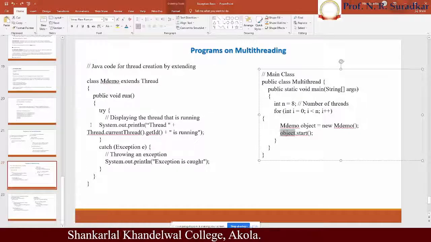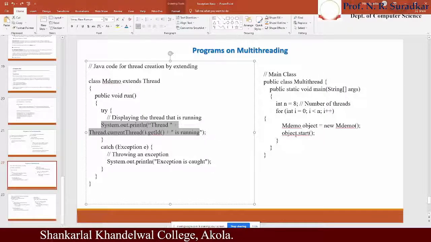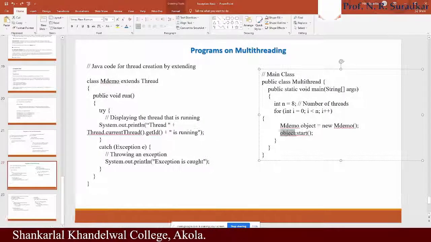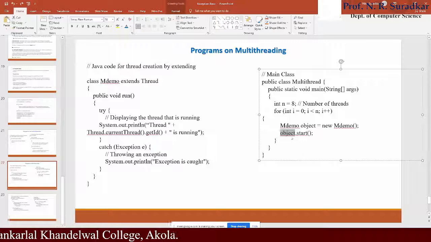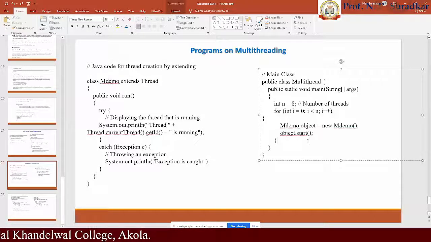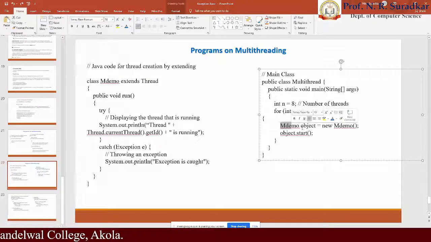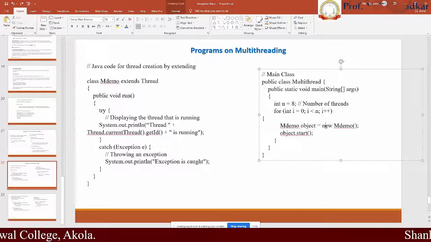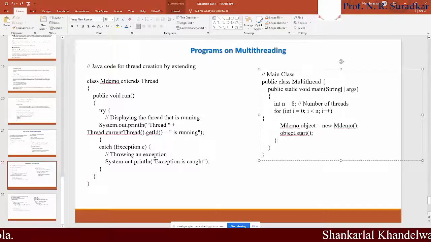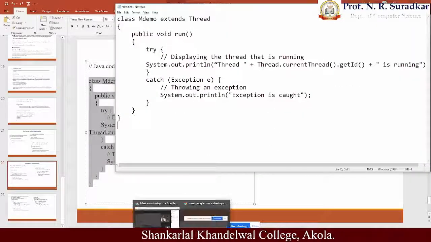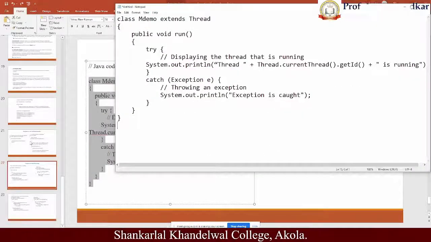This object calls this method, and this object is nothing but the thread, because to create a thread we use class name, then thread name, new class name. Or we can also use Thread. The procedure is the same.